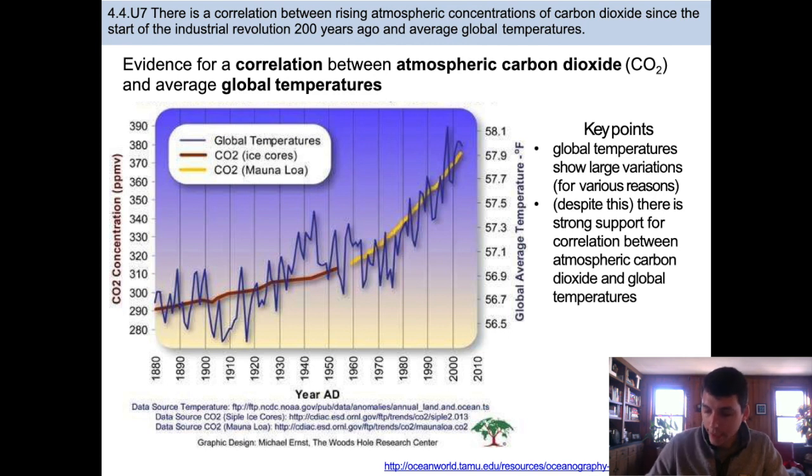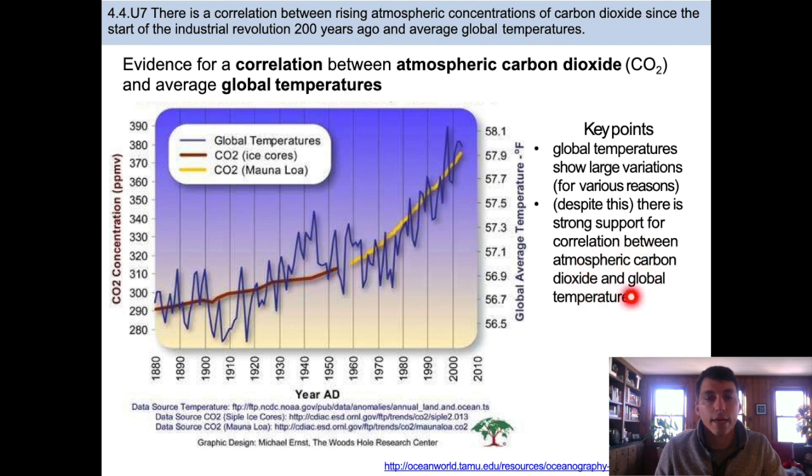So we can see over here, global temperatures show large variations, of course. It's not a smooth line. There's a lot of up and down. Some places they're well below the CO2 level. Some places they're well above the CO2 level. And it's not perfectly smooth. They do show variation. However, within this variation, we can see that there is very strong support for a correlation